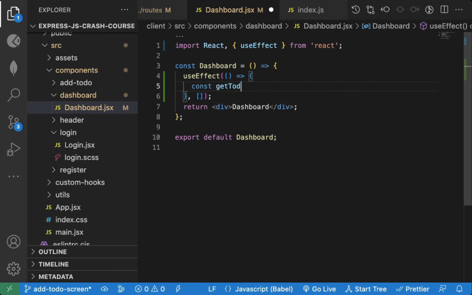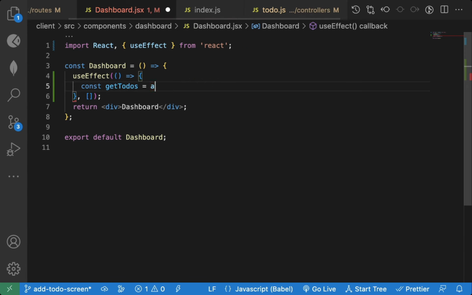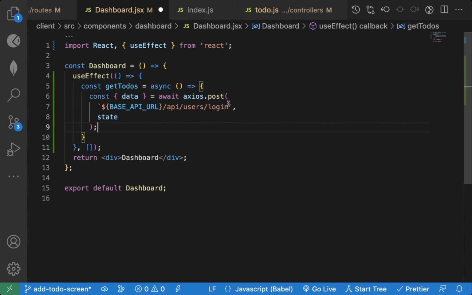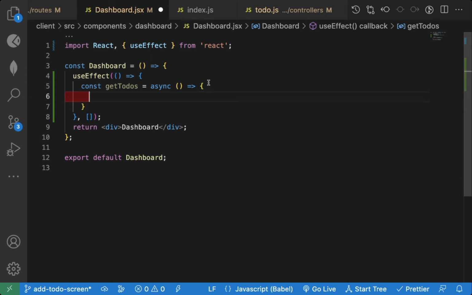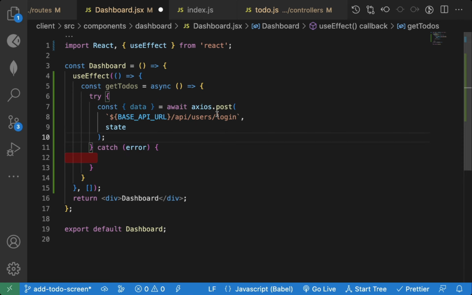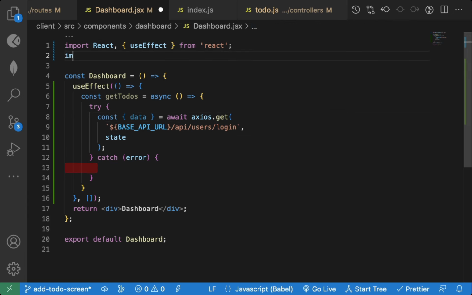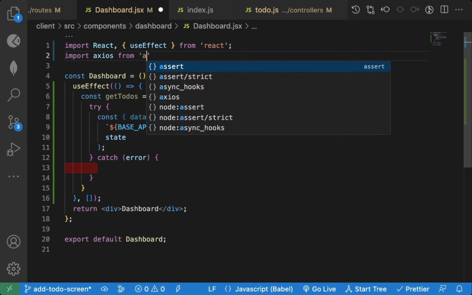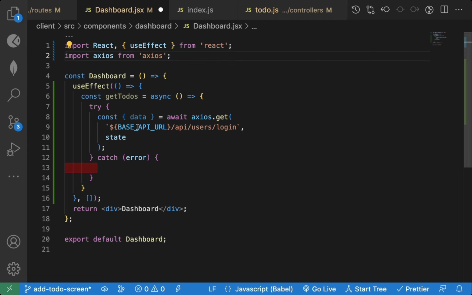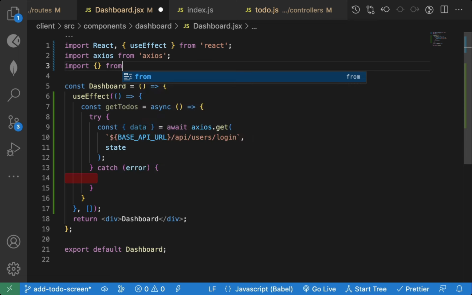Here we can say get to dos, async function. Here I can add this. So let's add this in try catch. Here it will be get, and let's import the Axios package. Import Axios from Axios. Now let's also import this API URL from dot slash